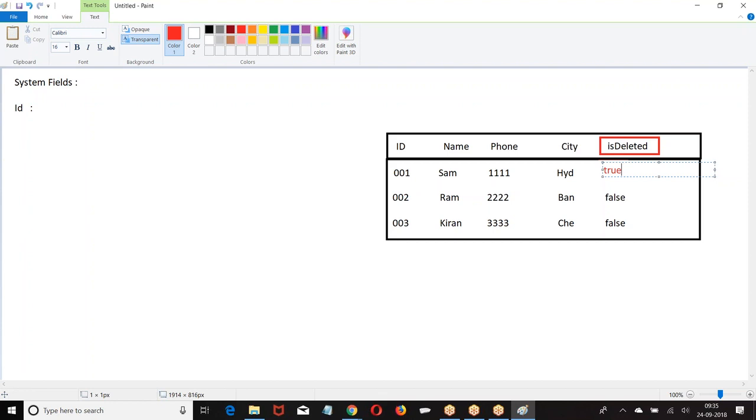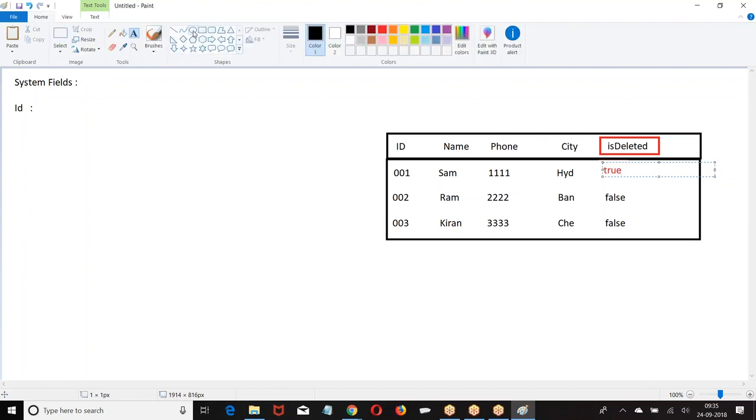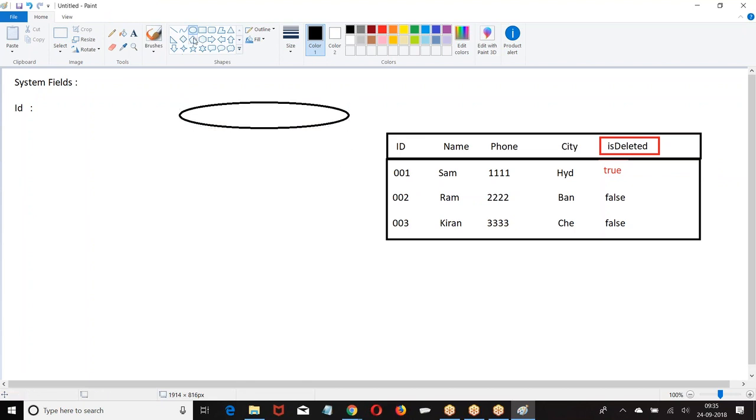How long will the record stay? 15 days. For 15 days, the record will be in the database. Now, if you delete a record, it will be displayed in the recycle bin. But where is the record? It is still in the table only. It will be displayed in the recycle bin, because if you want to undelete, I should know from where to undelete.